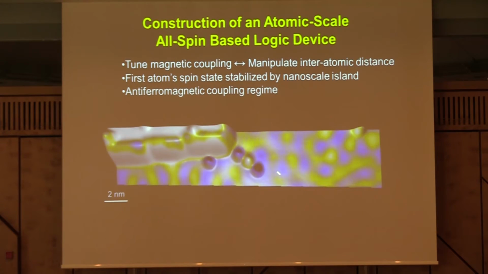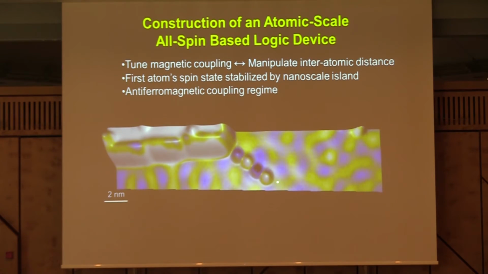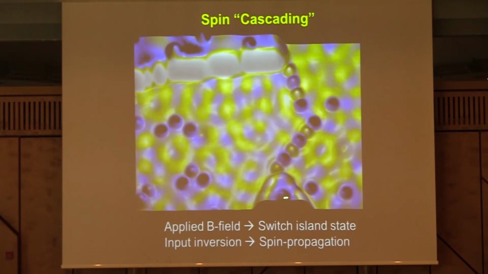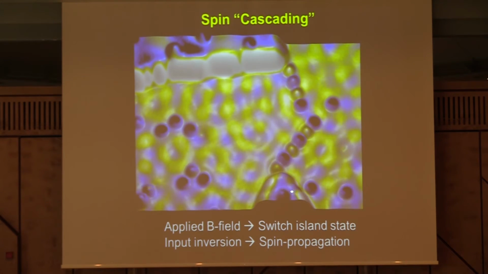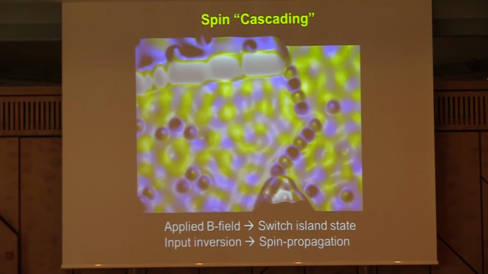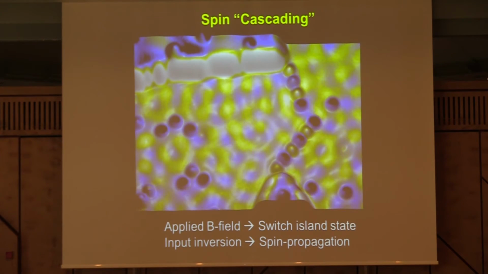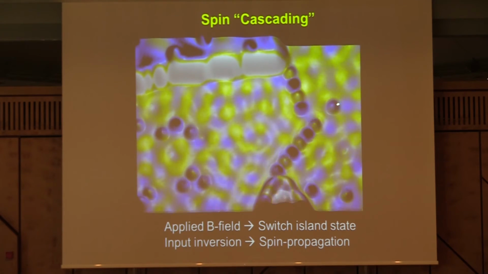And here you see the construction atom by atom of an antiferromagnetic spin chain, making use of the knowledge of which distance you need to get the antiferromagnetic coupling. And you see the huge contrast change. They are all individual iron atoms sitting on equivalent adsorption sites, but the contrast is huge here. It's a perfect antiferromagnetic spin chain, and you can even observe, once you switch the magnetization of the input gate, how the spin information is propagating along these antiferromagnetic single atom chains,